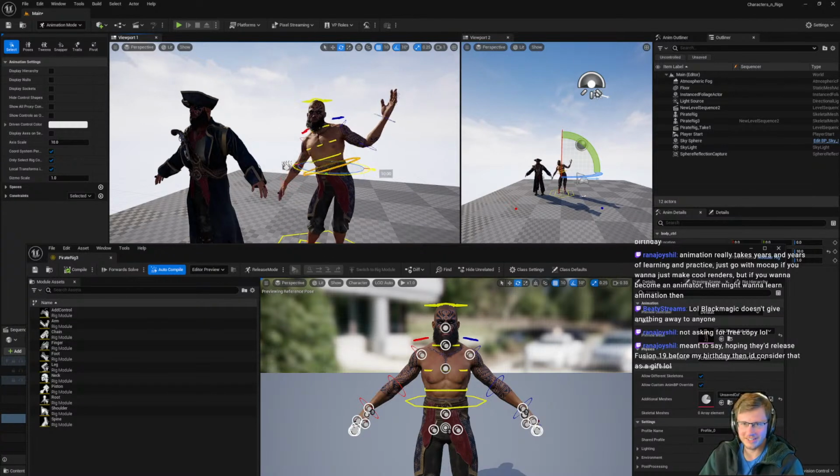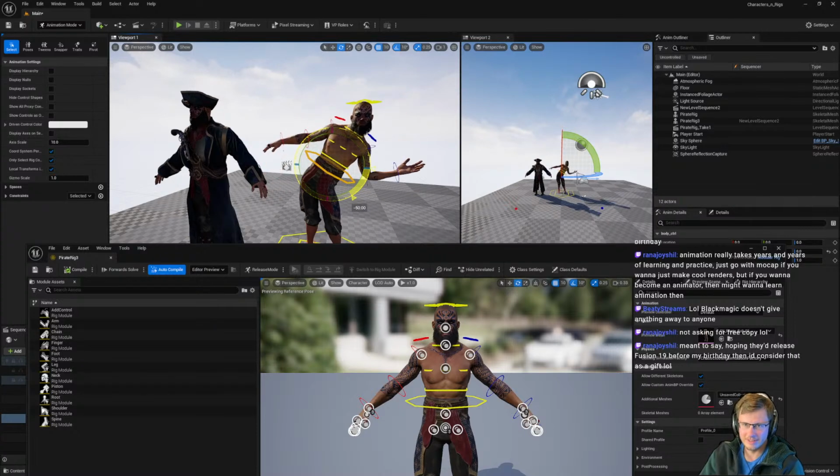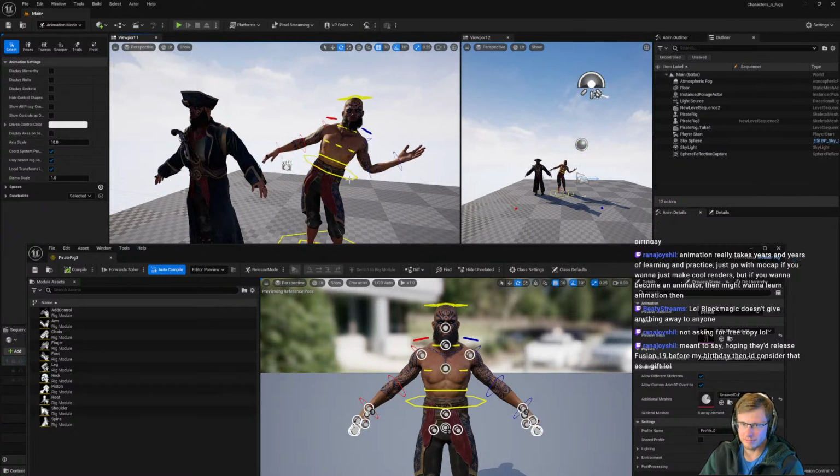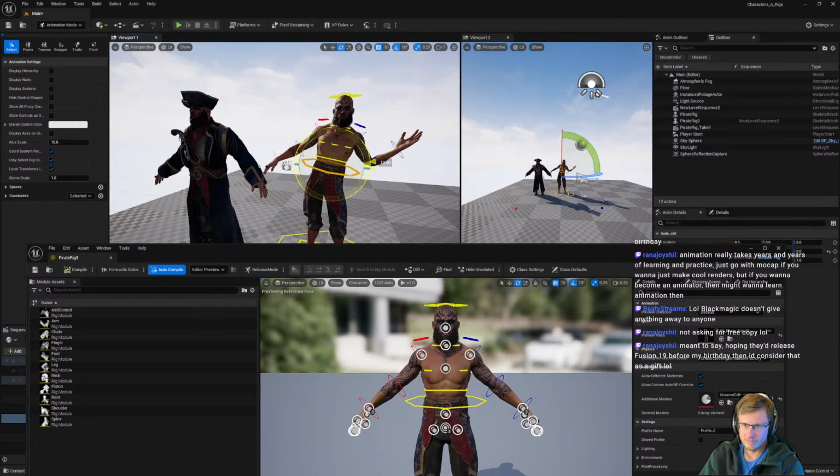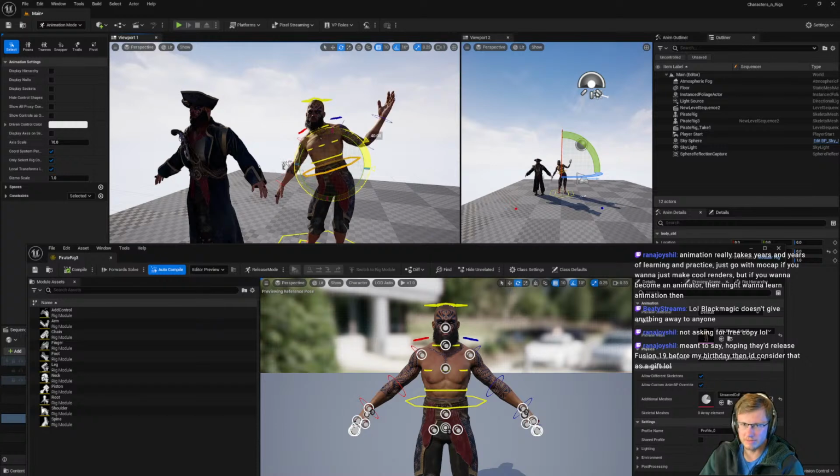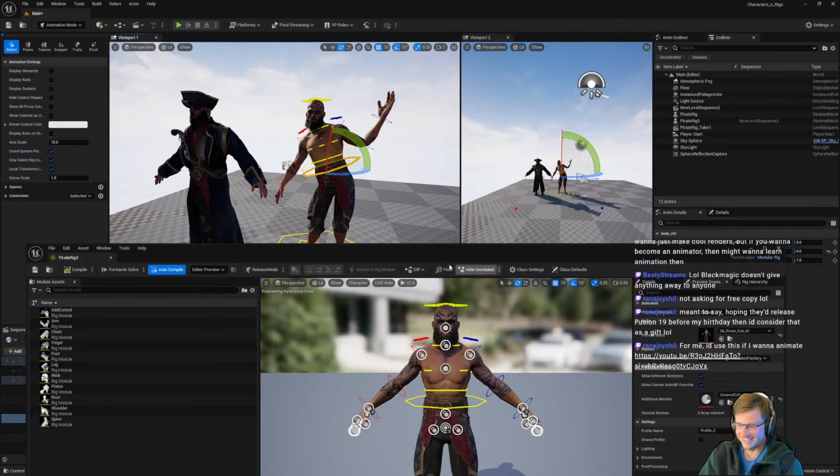Doesn't this look, this is looking pretty promising. Let's say hoping they'd release Fusion 19.